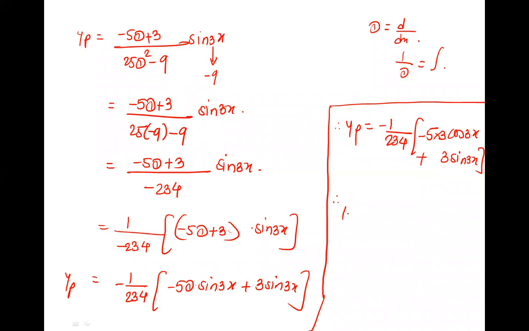So therefore yp is equal to, this is minus and this is also minus, minus minus plus, 15 upon 2, 3, 4 cos 3x, then plus minus minus 3 upon 2, 3, 4 sine 3x. Done. This is your yp. Is there any d remaining? Just check. There was d in the numerator, so we have taken the derivative already. So no d's are left. Yes, all d's are over. Then there is the solution yp.